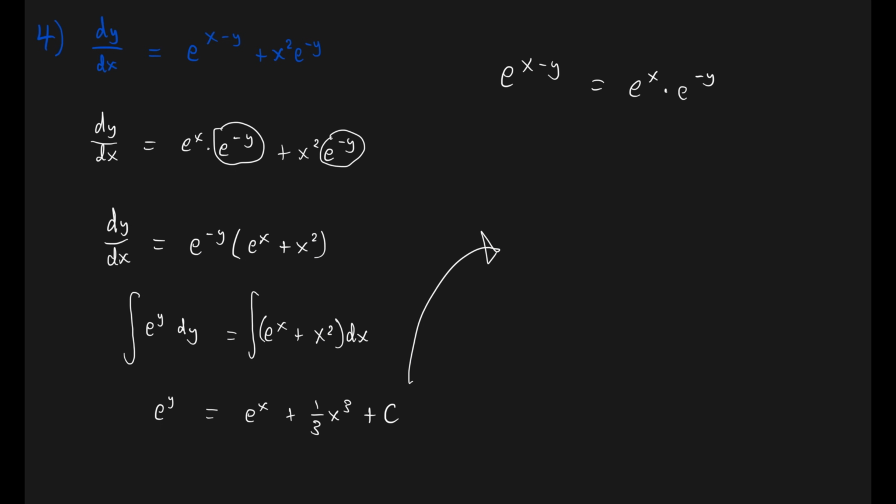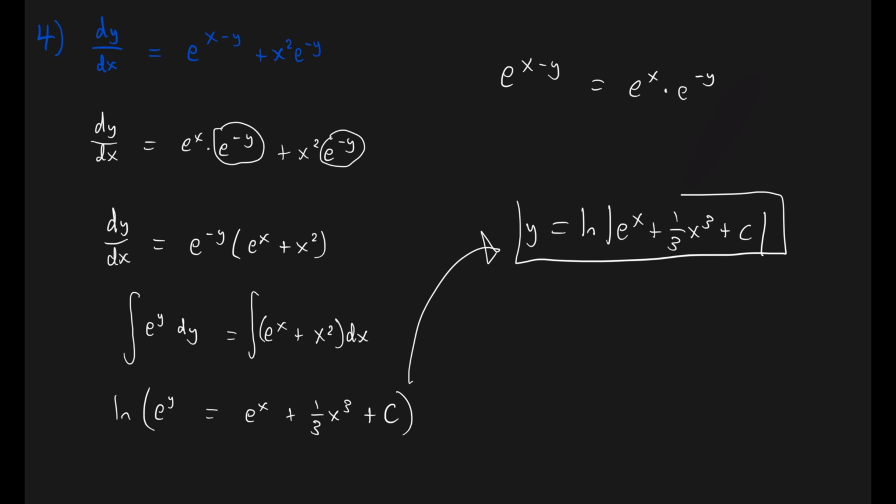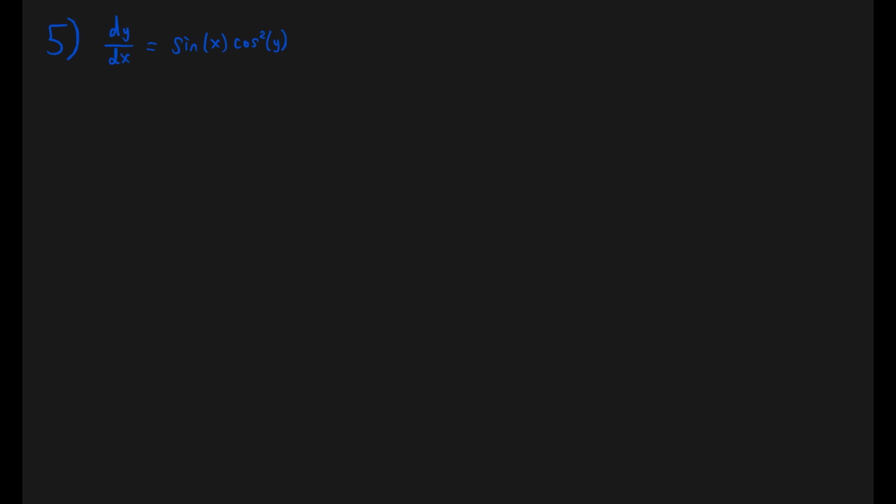So natural log of both sides, let me just write natural log of the whole equation. We're going to get y is equal to the natural log of the absolute value of e to the x plus 1/3 x cubed plus c. Awesome. And that's our final solution. Nice and easy. All right, guys, to wrap up the video and finish strong, we're going to try something